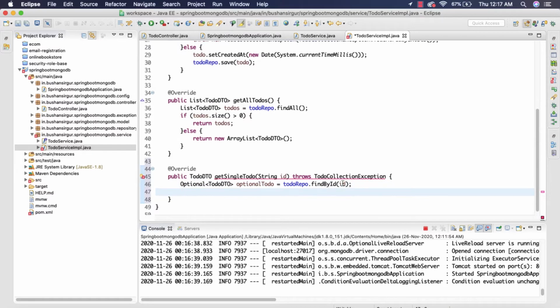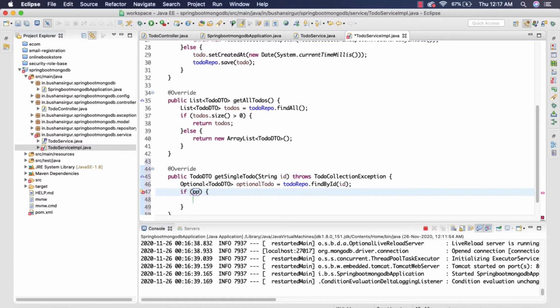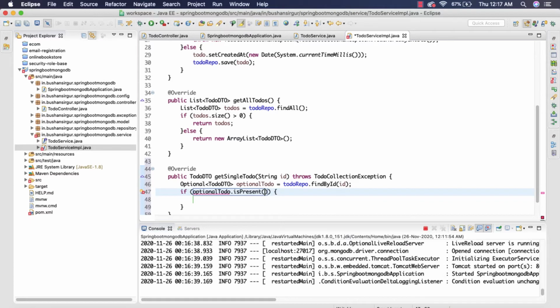And now we're going to check whether the todo is present or not. If optionalToDo is present, but I'm going to flip this using a logical not operator because we're going to throw an exception.